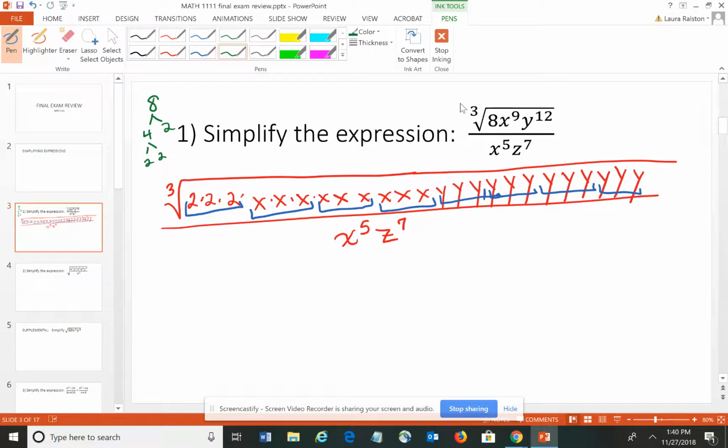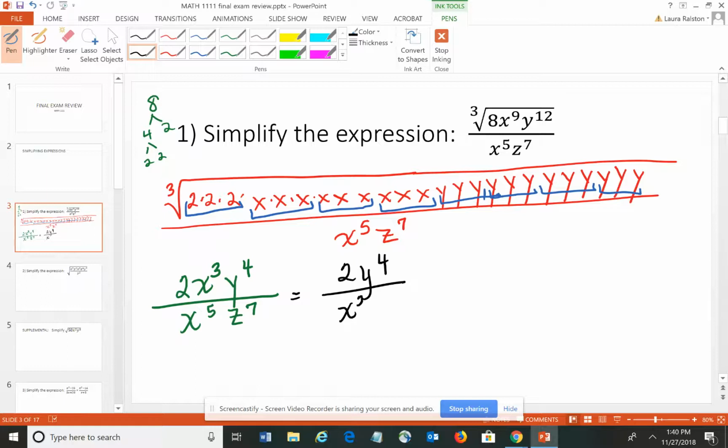So then all those things where I have sets get to come out of the radical. So I have a 2, and I have x, which occurred 3 times, y, which occurred 4 times. There's nothing left under the cube root, and then I have x to the 5th, z to the 7th. And I'm almost home free, but I notice that I have 3 x's in the top and 3 in the bottom. Remember, the rule is you subtract the exponents, and I'm going to have 2y to the 4th with 2